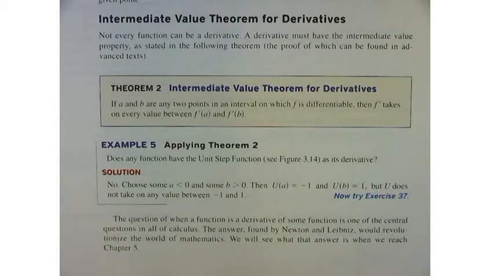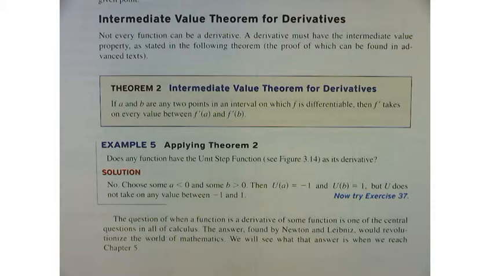For example number 5, we need to think about the intermediate value theorem. And Mr. Adams, you'll hear me say IVT. Not every function can be a derivative, and a derivative must have an intermediate value property as stated. I'm going to read the formal definition of it, and then I'll try to explain it in regular